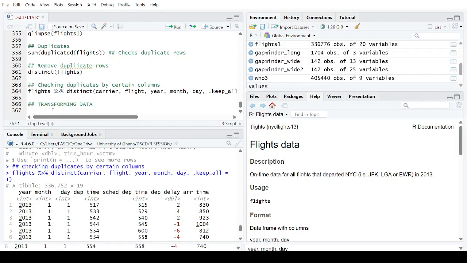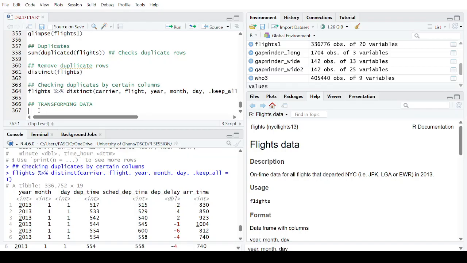So we are going to talk about how you rename columns. Maybe for the column names, like departure time, scheduled departure time, all those things, you don't like how it is spelled. You want to spell it in your own way so you can easily identify them. You will learn about recoding. Remember, in base R you can use the if and else if conditional statements to do recoding. Here you can easily do the recoding, and it's so simple. We will learn how we can create new variables. Of course, we have already started here, but we will learn how you do that, and then we'll learn about the 6 main